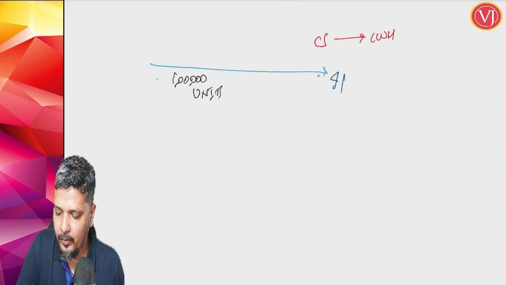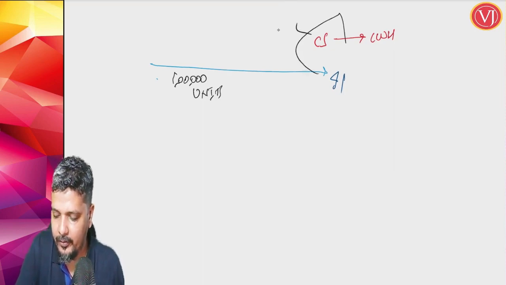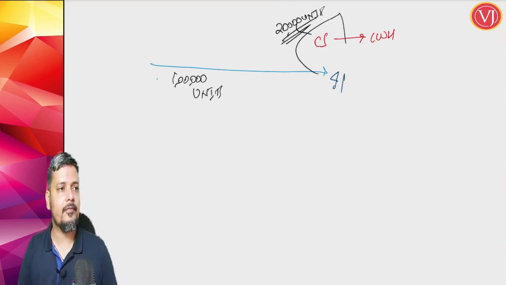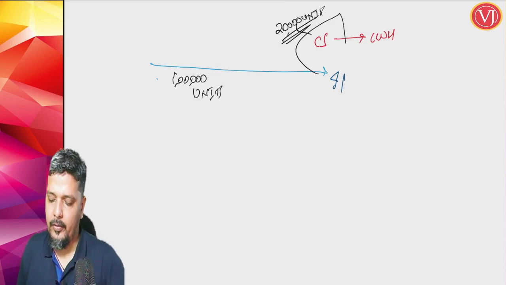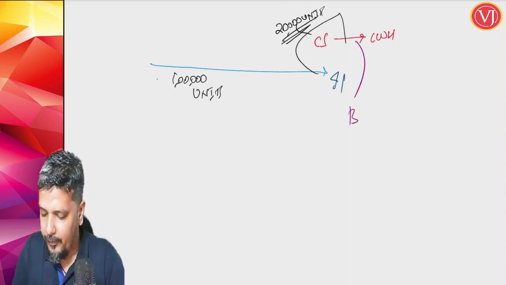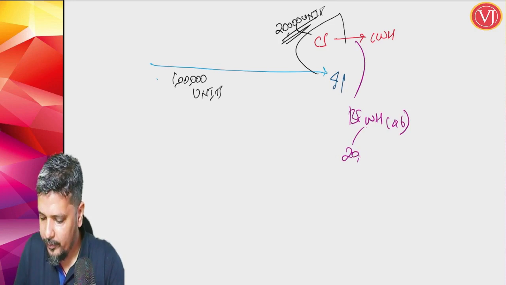But as of now, he has imported and taken to the customs warehouse only 20,000 units. So how much has he imported? 20,000 units. So he will be filing a bill of entry for warehousing under section 46, basically only for